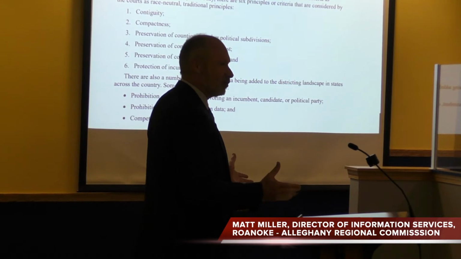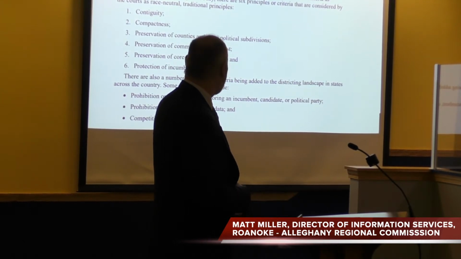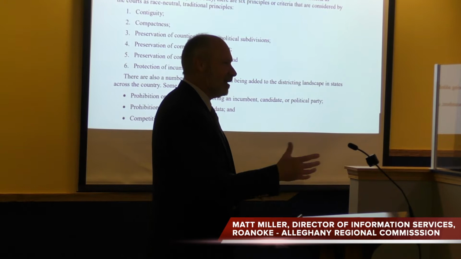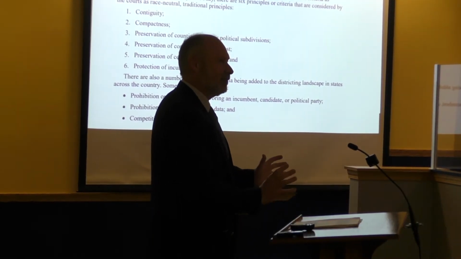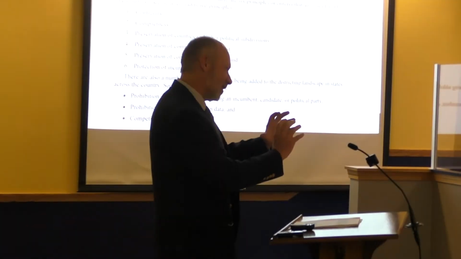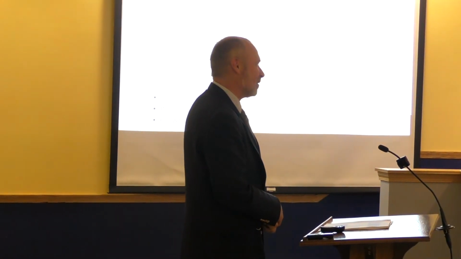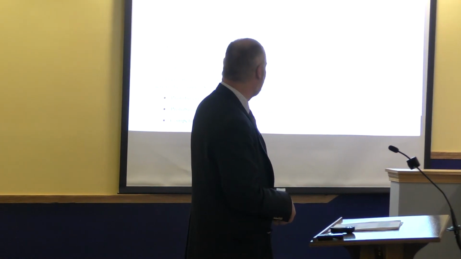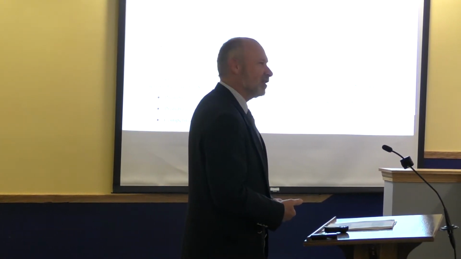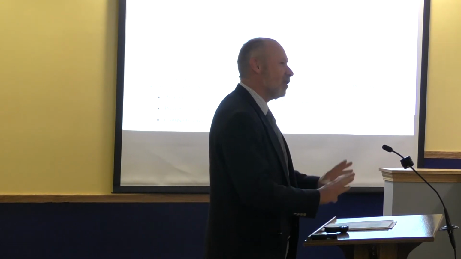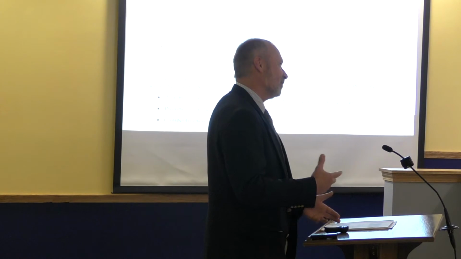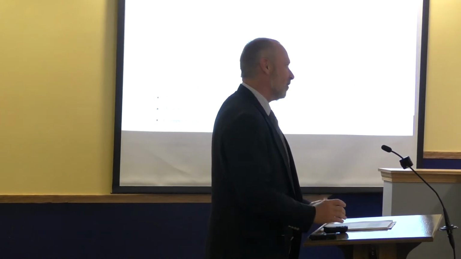So many of you will know the process of the things that you have to look at: the continuity of the districts, how they're created, the compactness, which is actually a visual test rather than a mathematical test of whether they're gerrymandered or not, the preservation of communities of interest, and some other issues that states or localities look at depending on state legislation. And of course, race always plays a role in how these districts are designed.